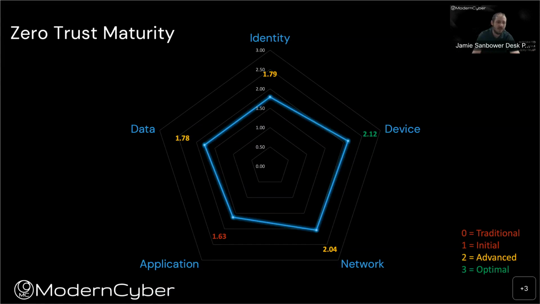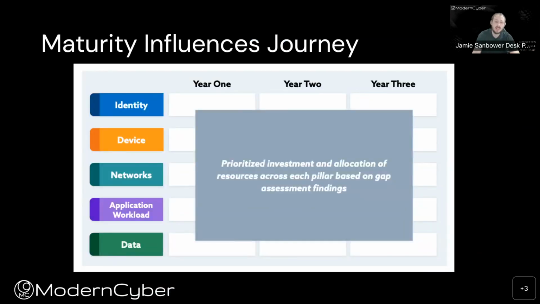So for each of the pillars, we've mapped from 0 to 3, the individual maturity based on current state. And then the goal would be to use that maturity to help prioritize your journey to zero trust. If you're very immature in the device pillar, then maybe that is a focus area that you're going to put more effort, budget, and projects behind to help mature in that area as a priority.